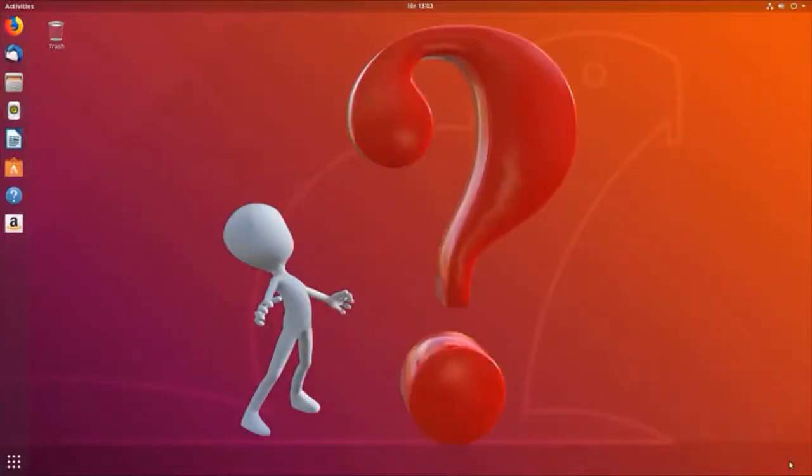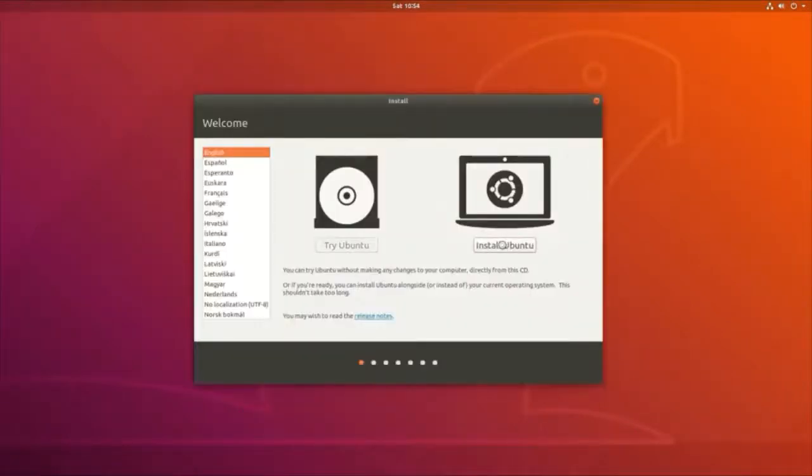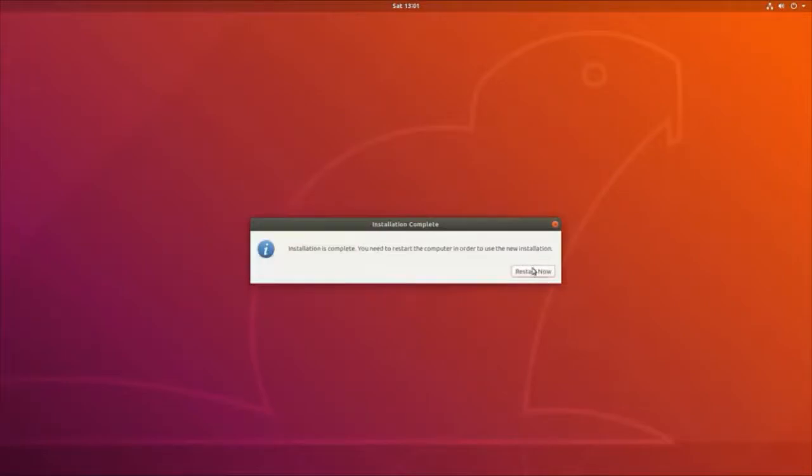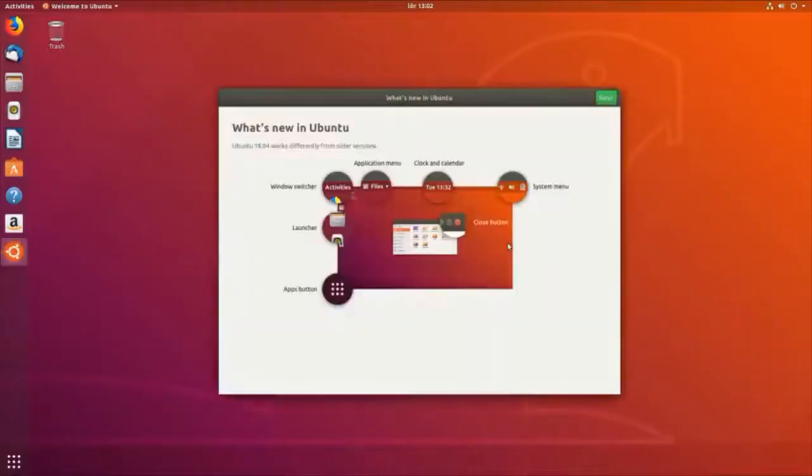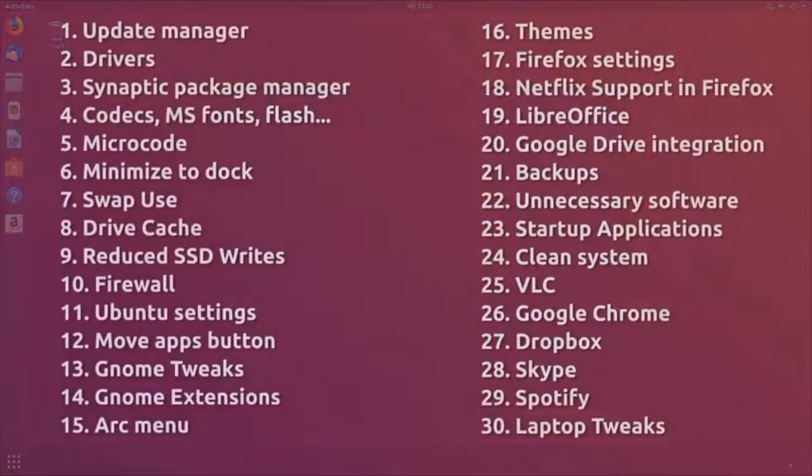What can I do to make my Ubuntu experience the best possible? You may ask this question after you installed Ubuntu 18.04. It is a long-term support release, and if you install it, you probably will stick to it for a long time. This is a list of 30 things to do after installing Ubuntu by using Beaver